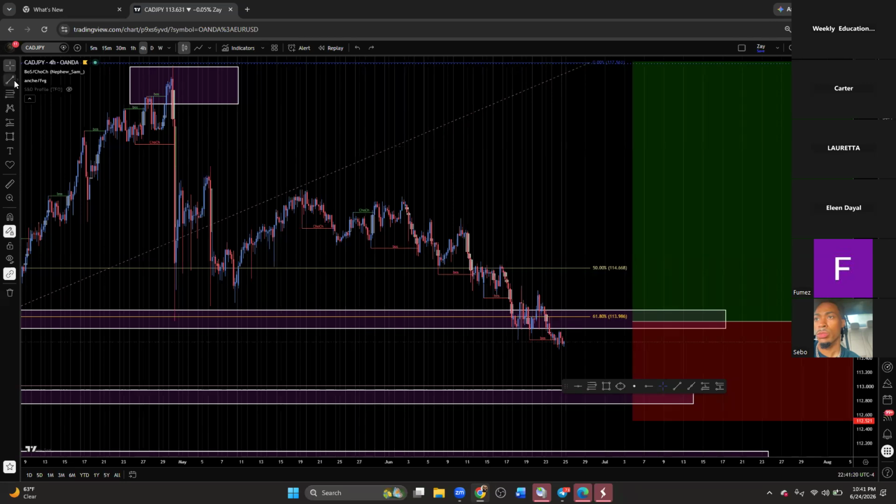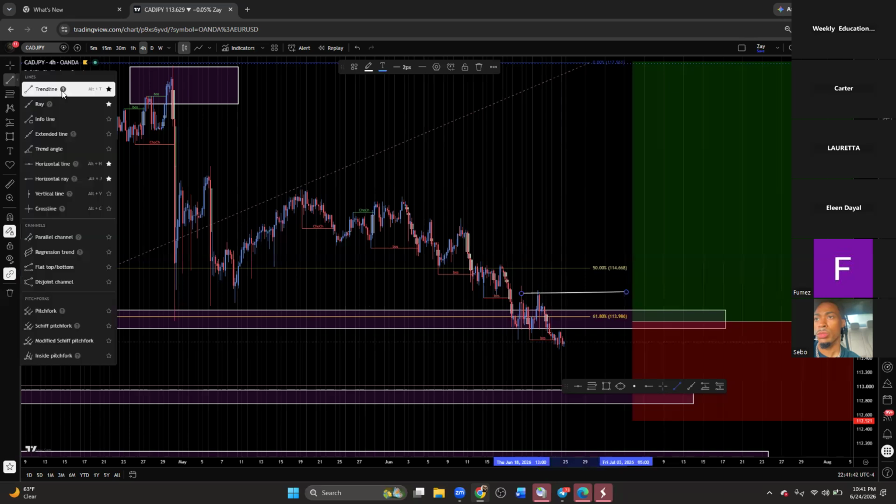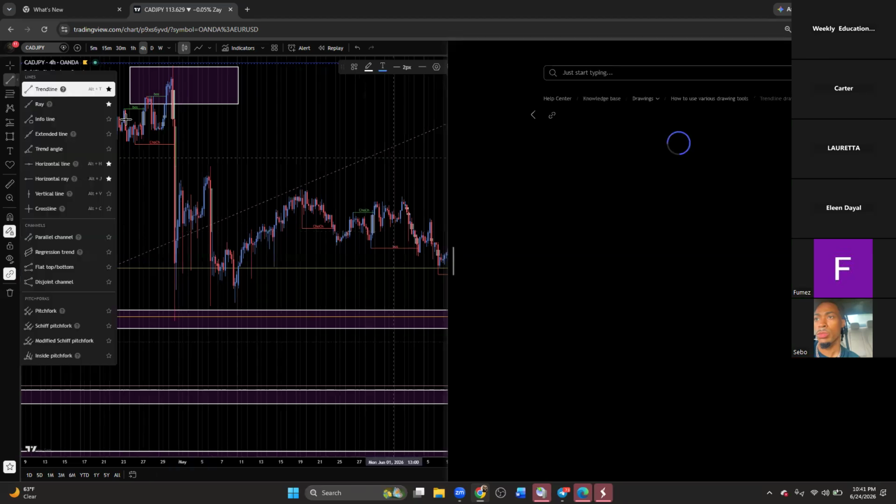So from here, that trend line, we got a lower high here, lower high here, lower high here, lower high here, lower high here, and a lower high here. Y'all see that? All we need to see, me personally, all I need to see market do is